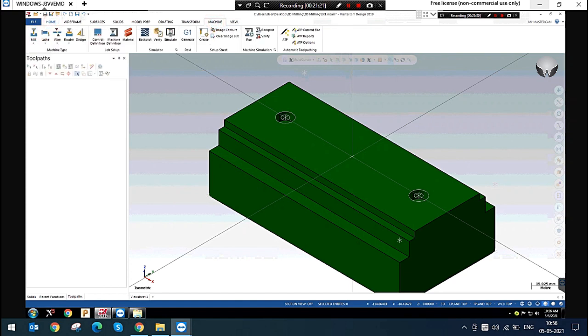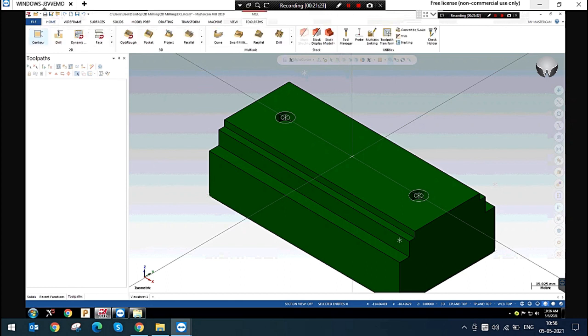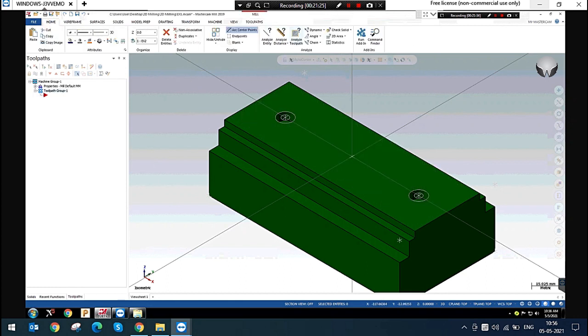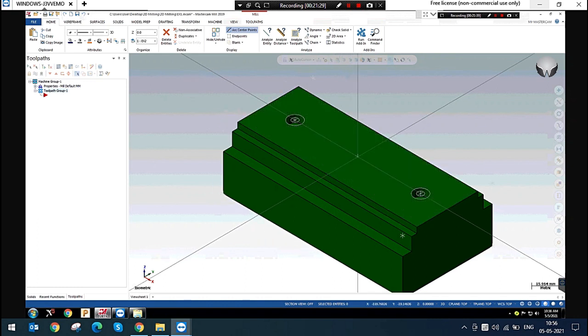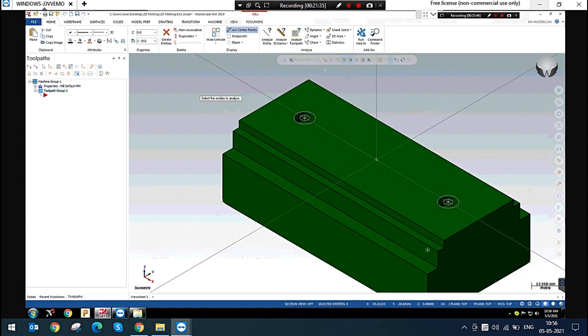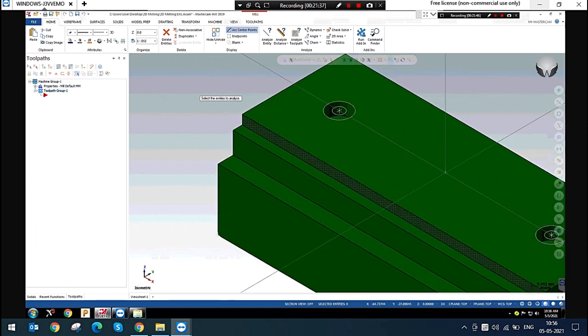In this training, in the class, I will show you the analyze tool, how to analyze this model. All these tools I will explain. So now this is my model and I have to measure these two steps.